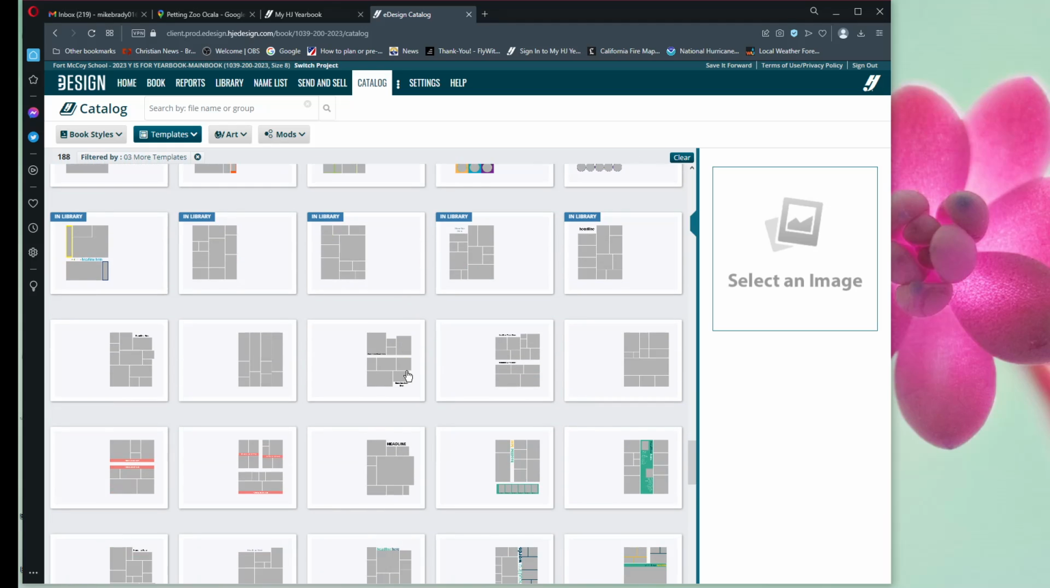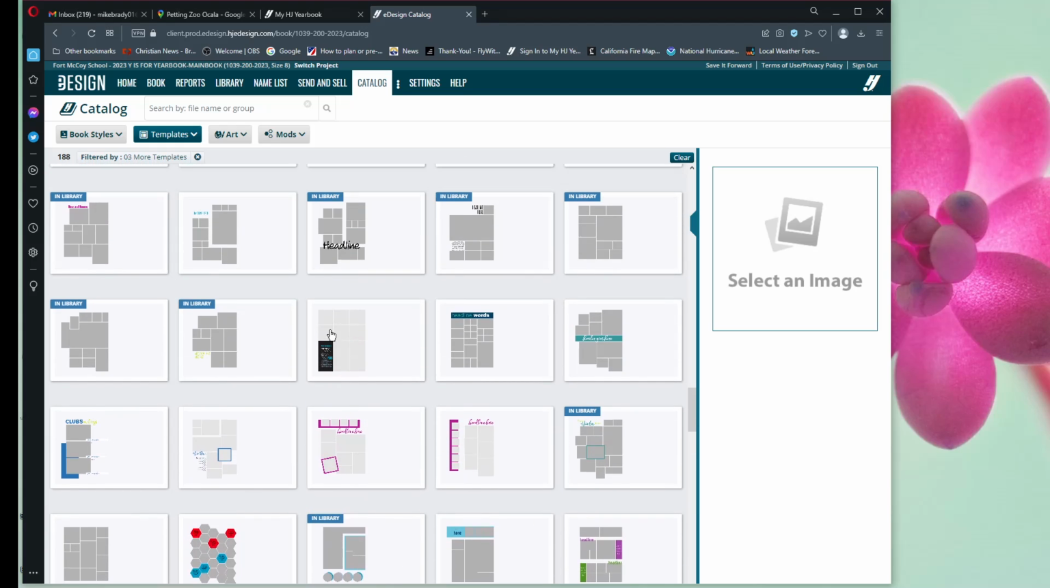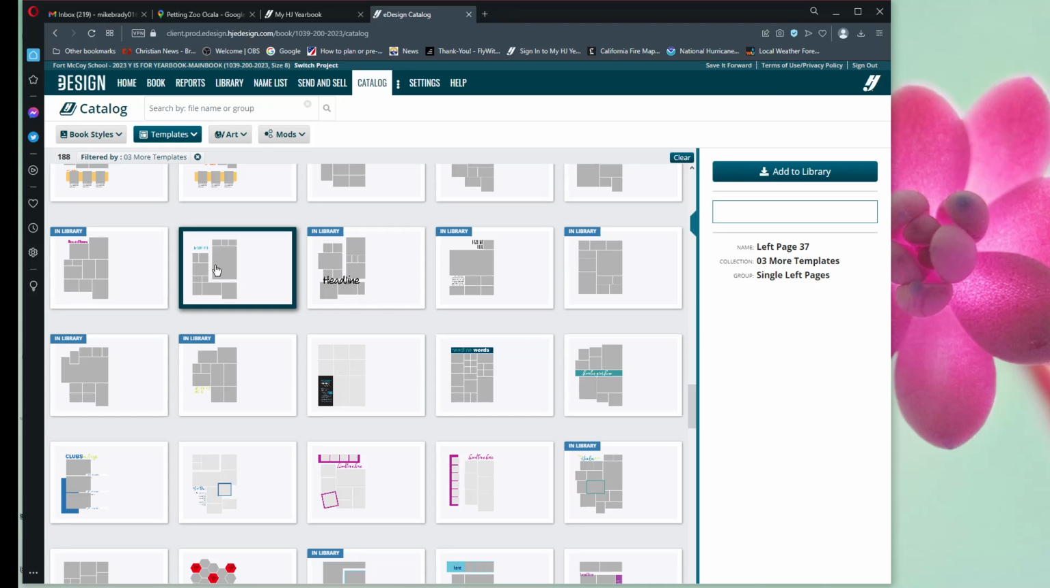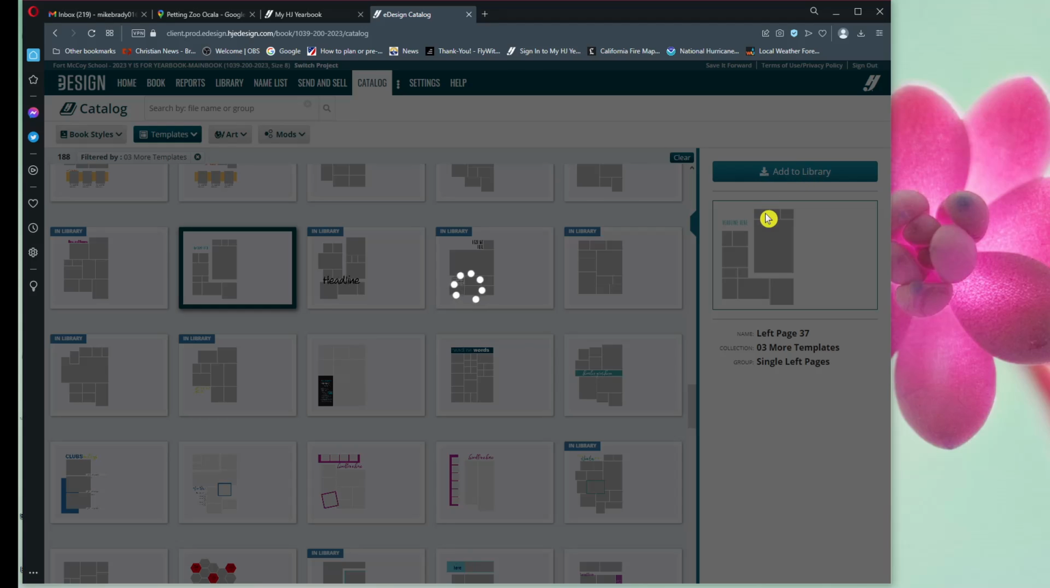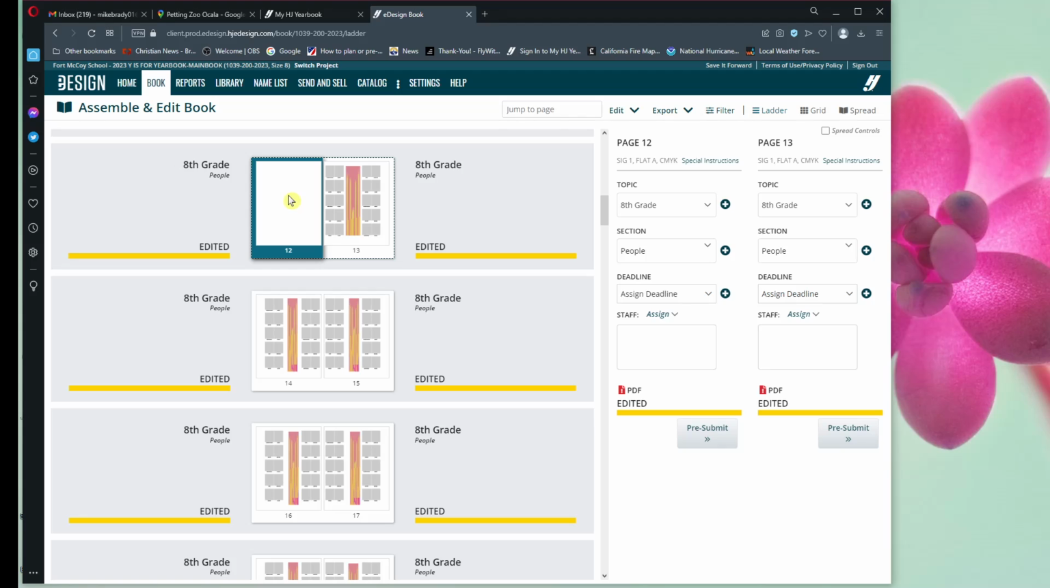So all I did was go through and I picked a bunch for left page, title page, and they're right there in library, because I picked them. Let's add one more. I'll add that one. Click add to library. Now you go back to book, go back to page 12,